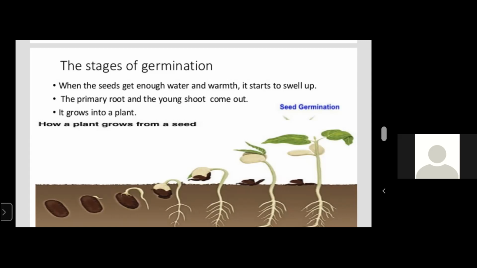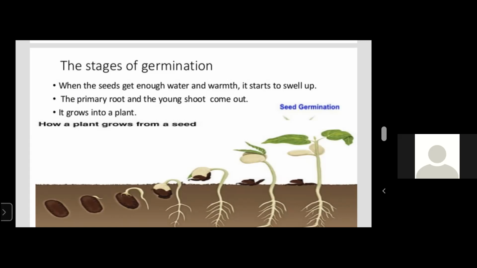Then it goes into the soil and the seed coat slowly starts to shed off. After a few days the baby shoot comes out of it.